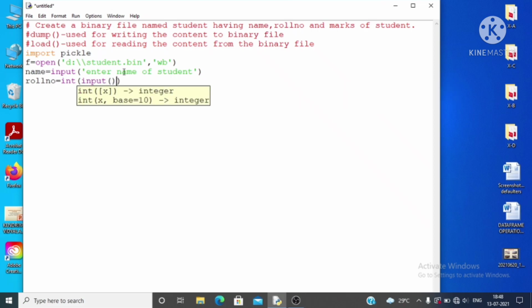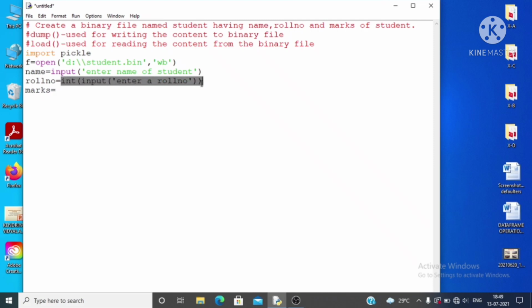Give a prompt string, enter roll number. Marks will also be in integer form, that's why the same syntax will be written for marks also. Enter marks.